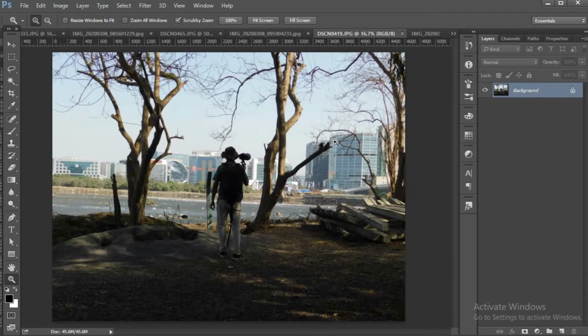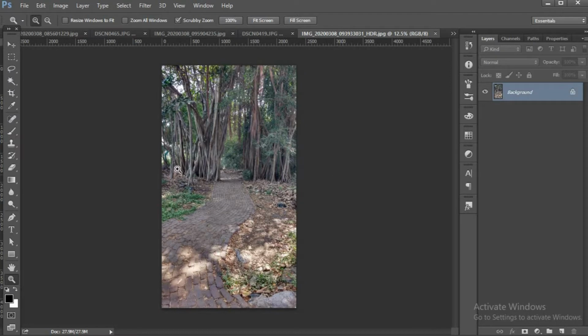I like this morning silhouette shot I clicked with my B500. Nice colors and golden light. And my mobile phone has also given me a very good shot of the nature trail with nice sunlight here down. Gives it a nice depth again. It's good for such travel and landscape shots. My mobile phone does a good job there.